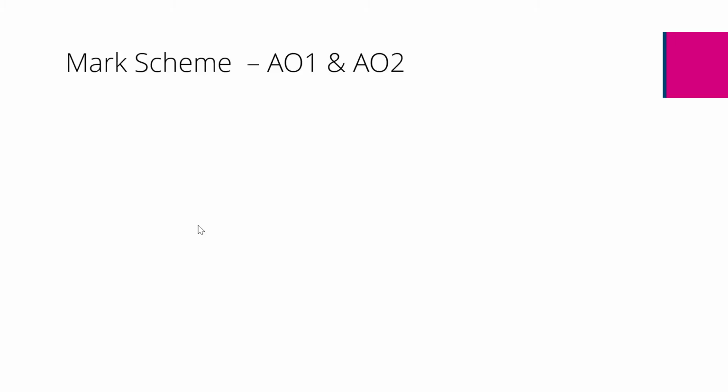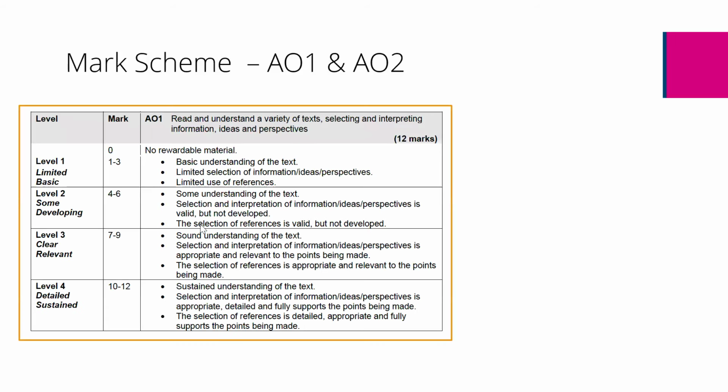So there are 2 mark grids here for the AO1 and the AO2. We can see here that the first bullet point is about